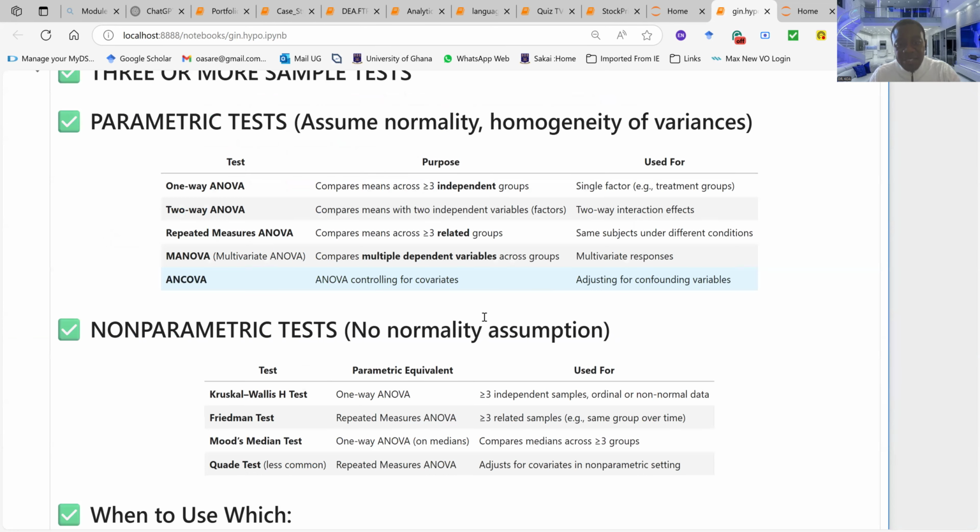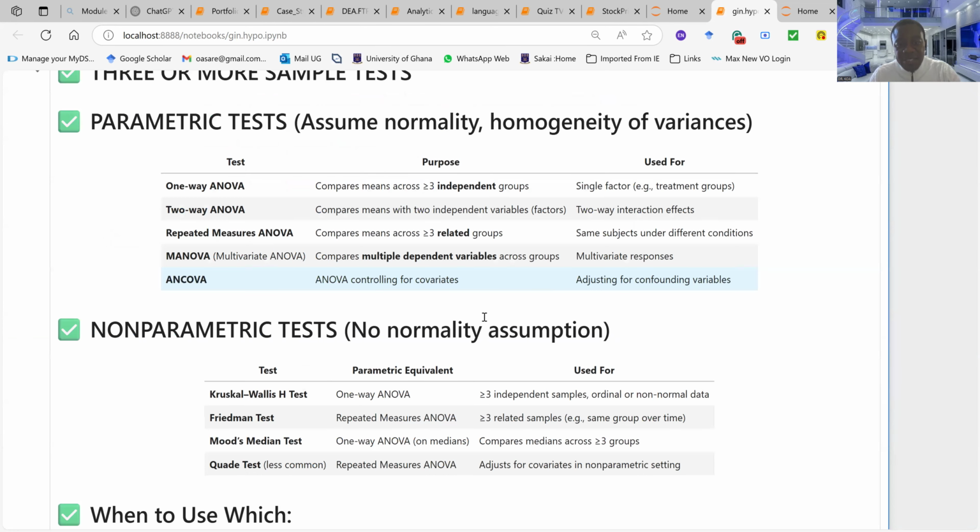Now, let me give you a bonus final thing. Yes, Ramatu. Yes, sir. So I want to ask, under the non-parametric, where would the chi-square fall? The chi-square test for independence doesn't look at these. It is a test for independence. So when you want to check whether a particular group is independent of another group,